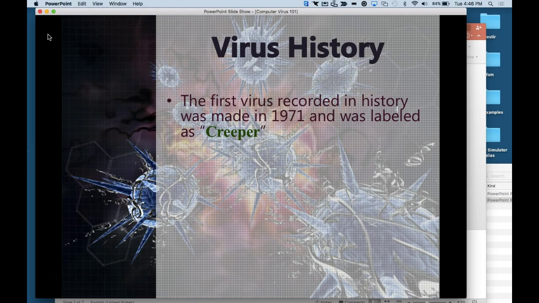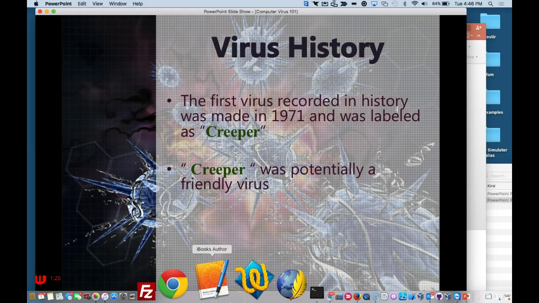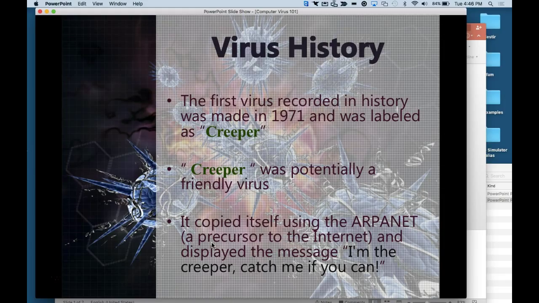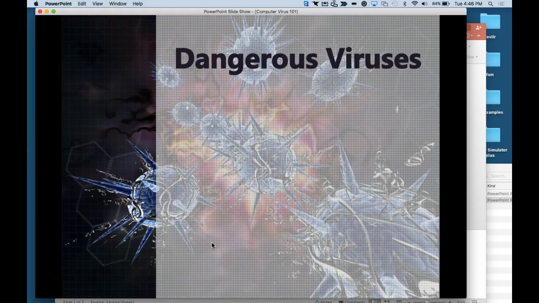So the first virus recorded in history was made in 1971 and was labeled as Creeper. And Creeper was potentially a friendly virus. It copied itself using the ARPANET, which was a precursor to the internet, and displayed the message, "I'm the Creeper, catch me if you can." So, not much of a threat right there, but as you'll find out, viruses kind of evolved into something